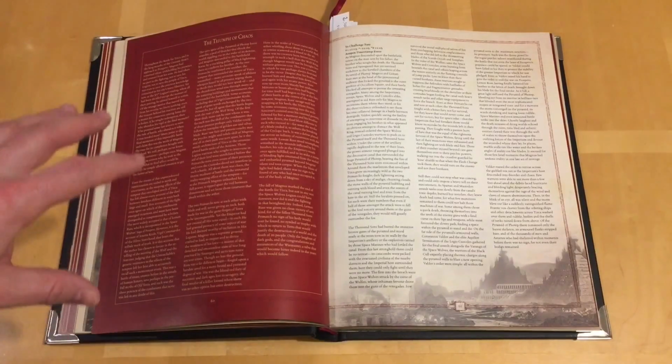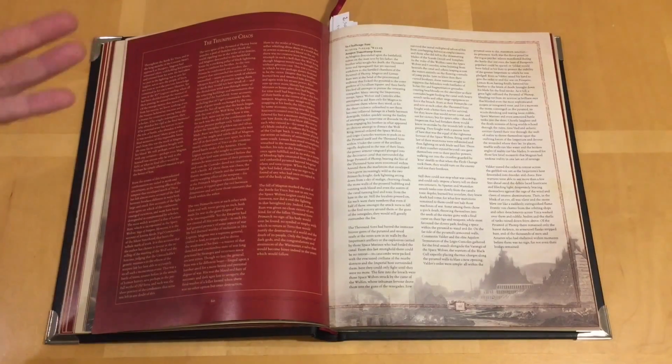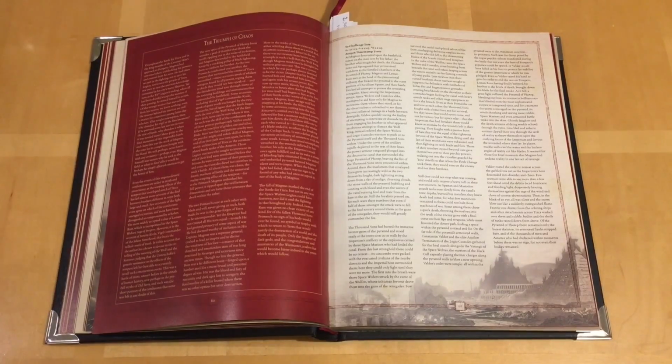And the battle moves to the central temple, and Magnus engages Russ in combat. And this is described as being a duel between the two Primarchs, and everyone else stays out of the way. Even the Custodians don't get involved. At the height of battle, Russ kills Magnus, or at least he thinks he does, and it is at that moment that